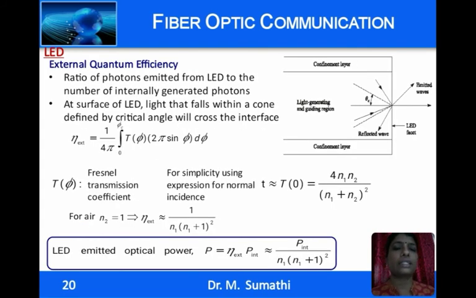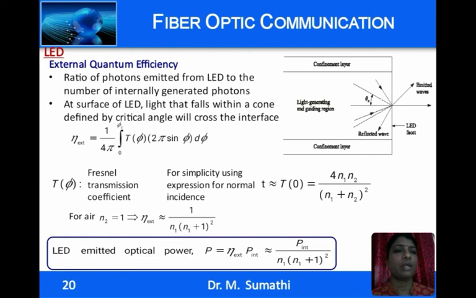Now, calculating external quantum efficiency. Radiative recombination results in emission of photons, but all the photons that are generated are not emitted by the material. Some of the photons are absorbed by the material itself. So, external quantum efficiency is the ratio of photons emitted from the LED to the number of photons that are